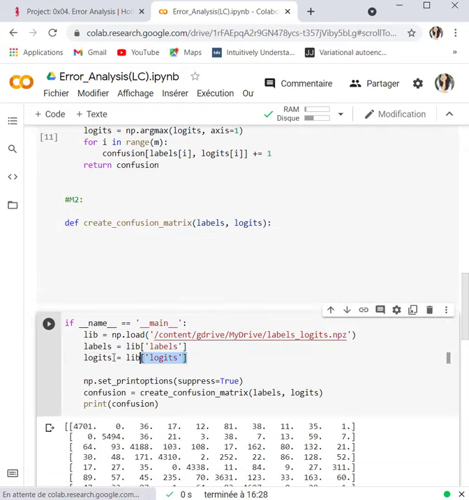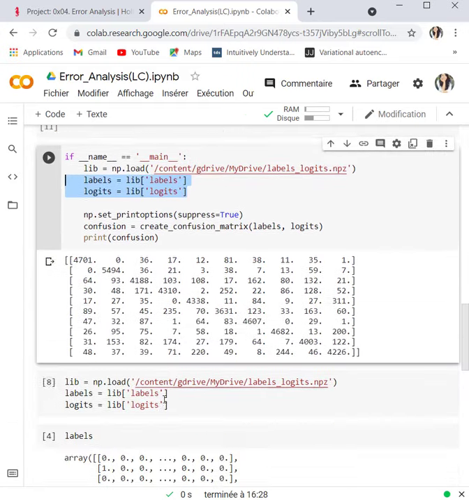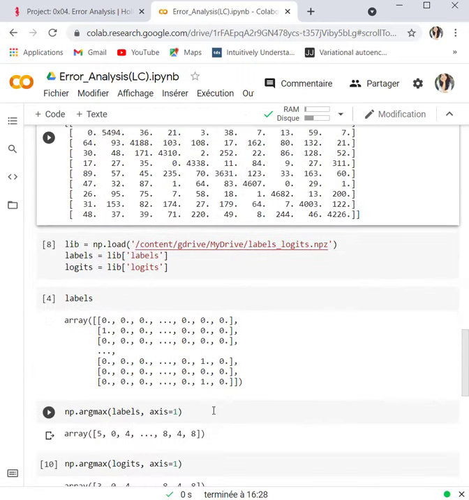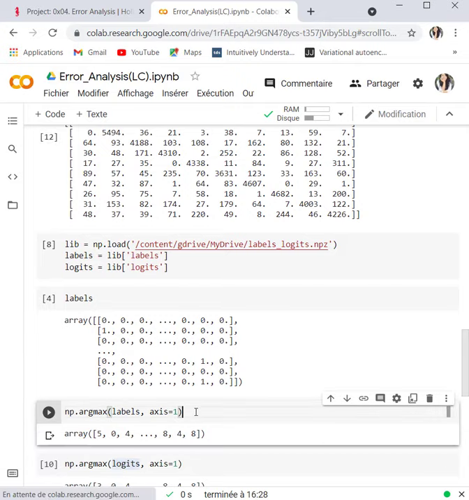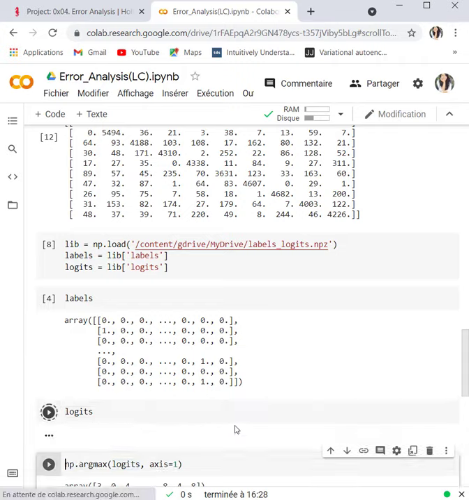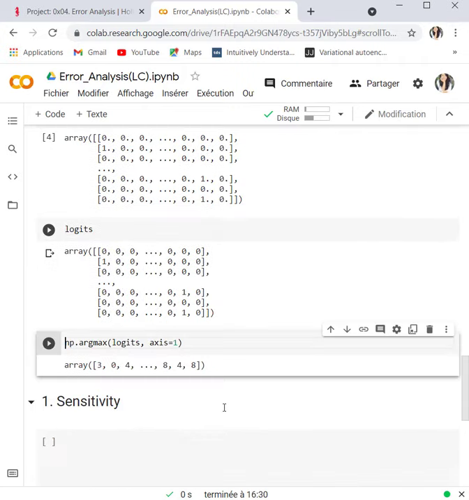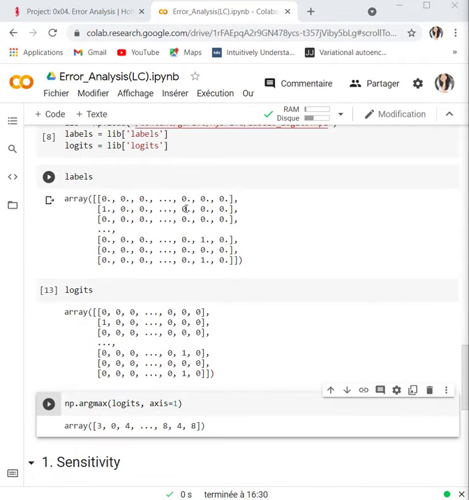Okay, so the second method will be this one. I'm going to show you at first. So here we have the labels, and here we have the logits.